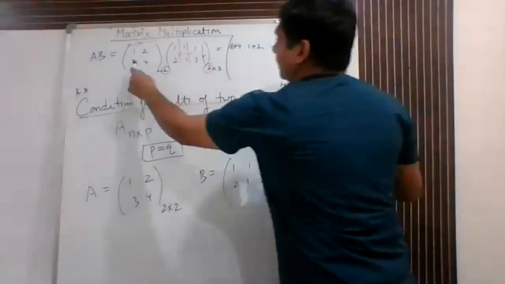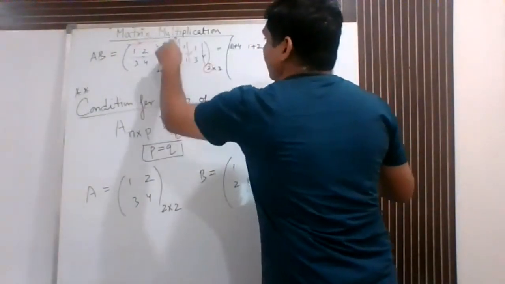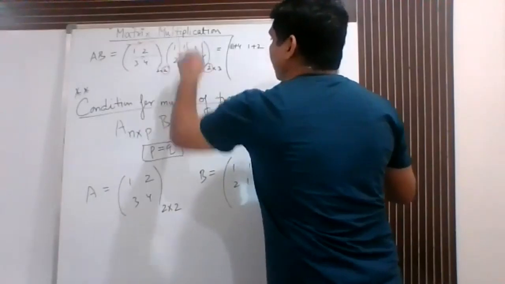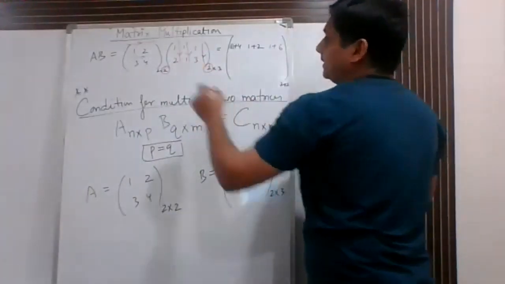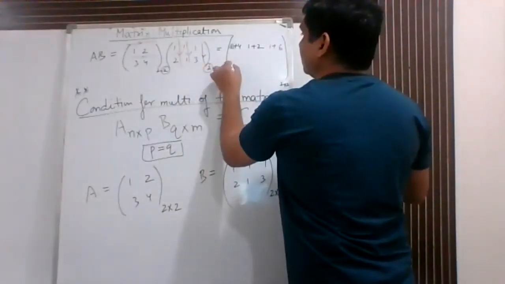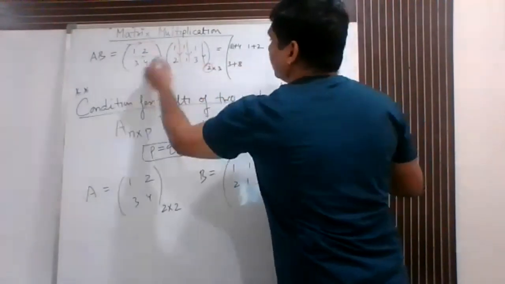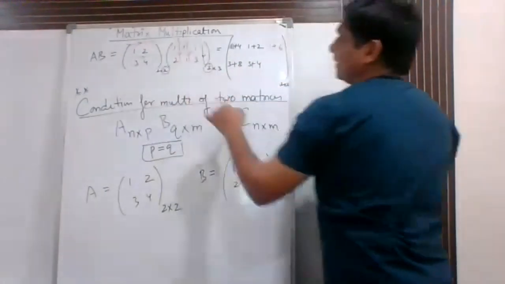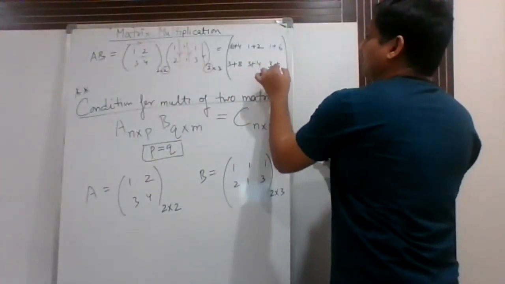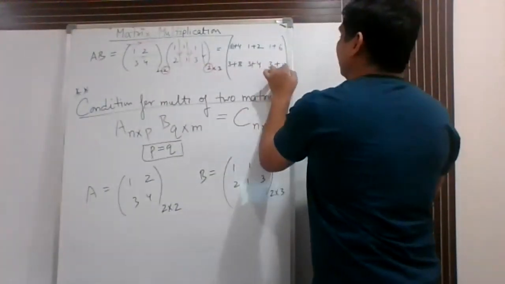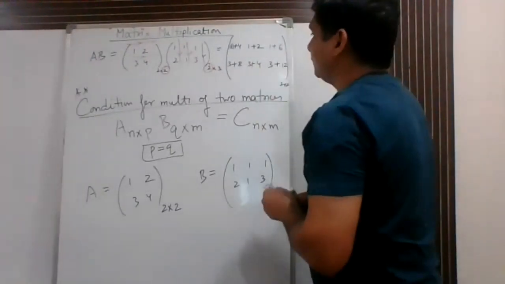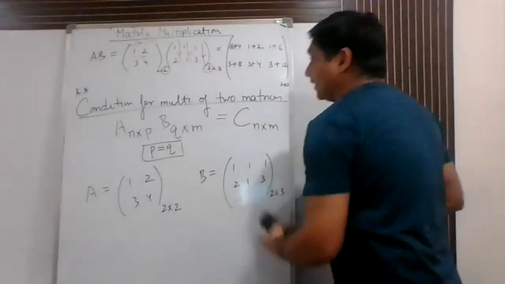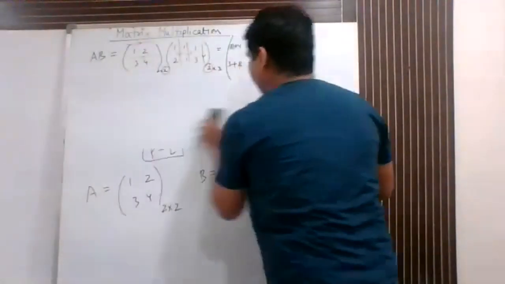Now similarly, next you will move to this one. So operate with this, then operate with this, then operate with this and write down the entries over here. So the first one will be 3 plus 8. Next will be 3 plus 4. Next will be 3 plus 12. Now after this, you can just do calculation and you can write down the final answer.